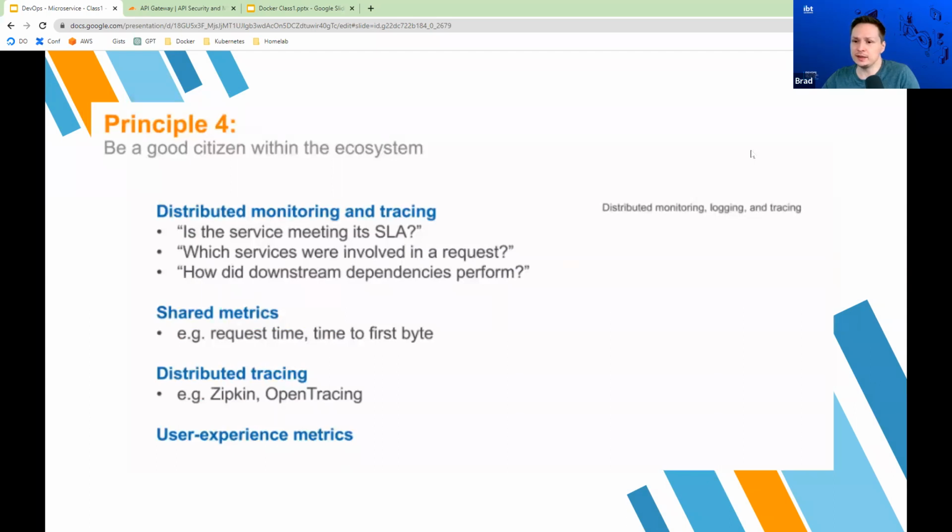Also, being a good citizen comes down to monitoring and tracing. In IT, we have a thing called a service level agreement, also known as SLA. You should be providing some sort of SLA or SLO, service level objective, basically saying, hey, our API is available 99.999% of the time.